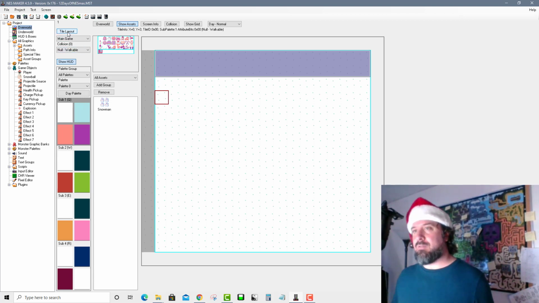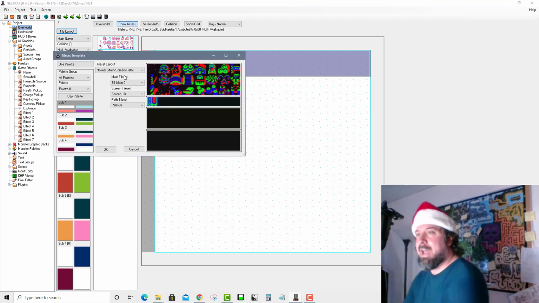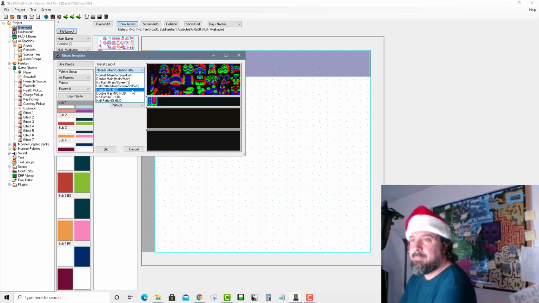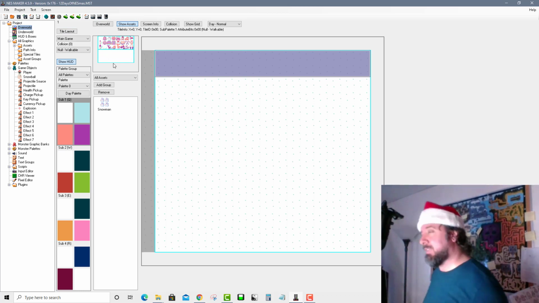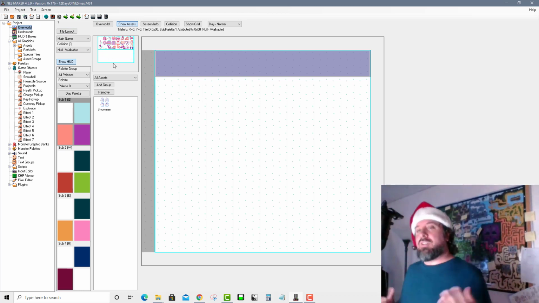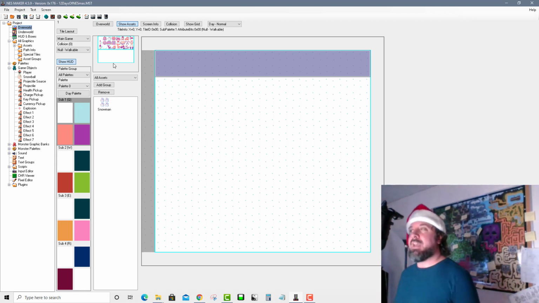If I go into my tile layout here, and I were to go main, double main, you can see now I don't have that to load because I'm not showing any screen-specific tile sets. So this is just a way that you can mix and match different groups of your tiles, especially for screens that are screen-by-screen games. It gets a little bit more complicated if you're doing scrolling games, because the only time